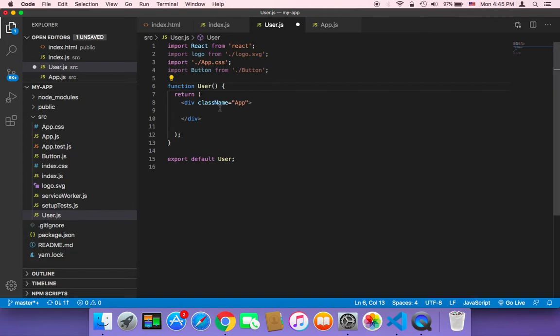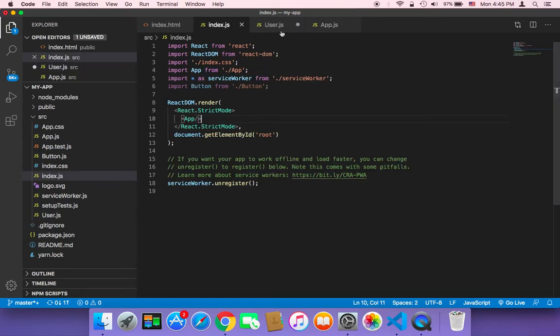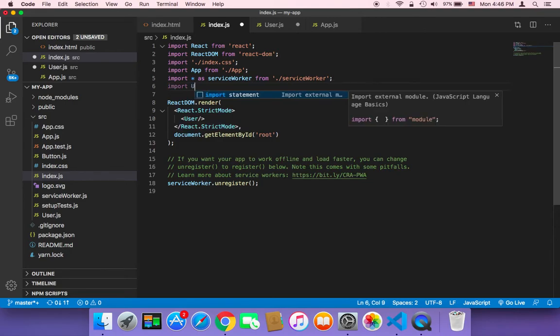How can we use properties in React? First of all, in the index.js, let's use this user.js component. Instead of this app, I'm going to use the user, and of course we need to import it. So I'm going to import it here, import, and then user from this directory,